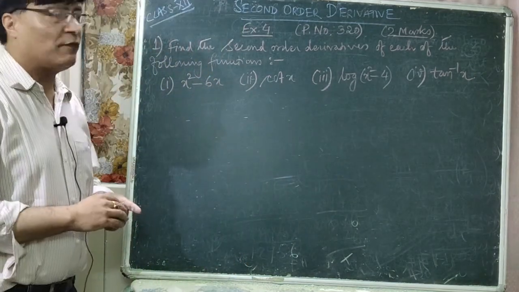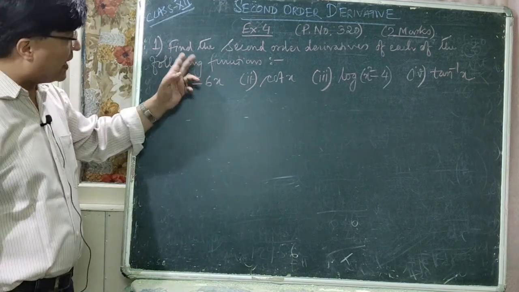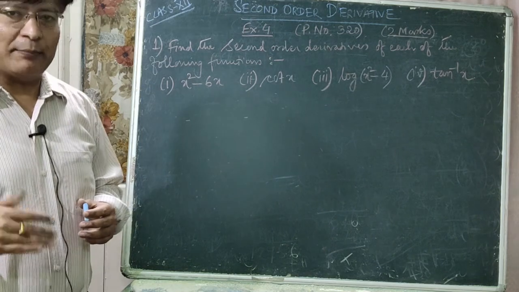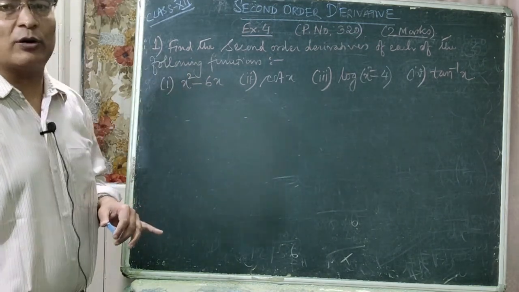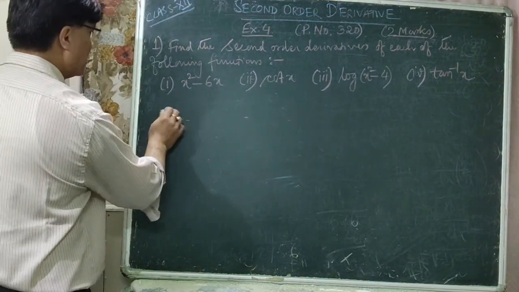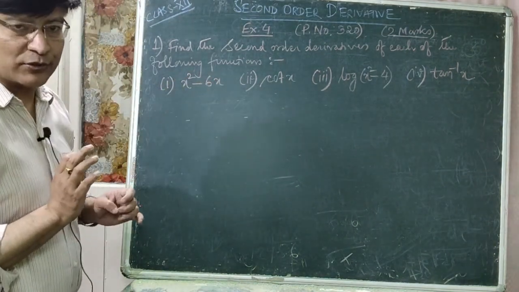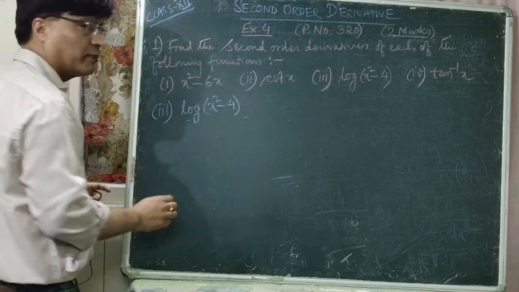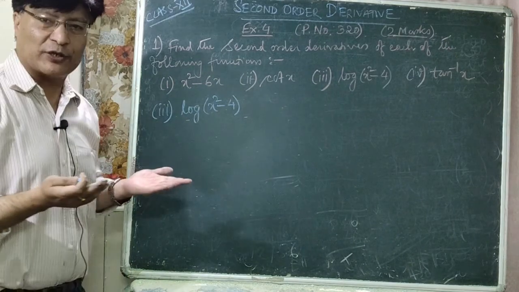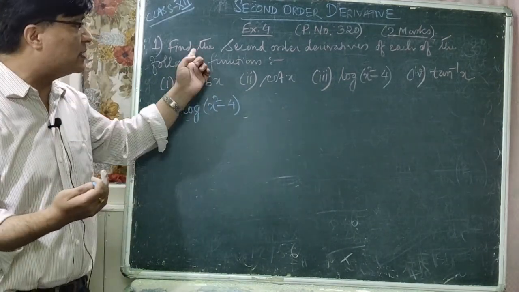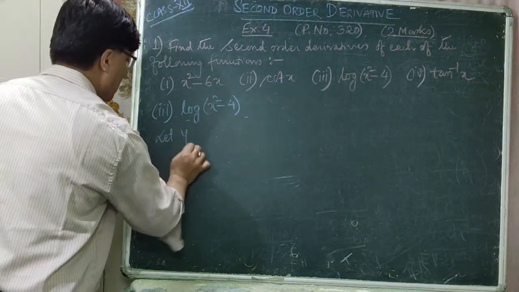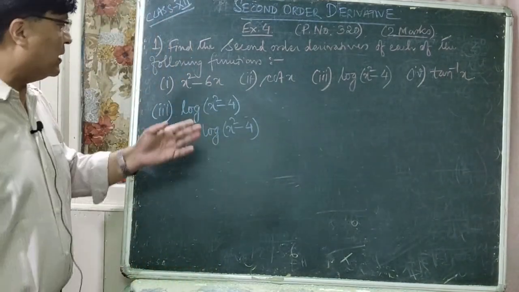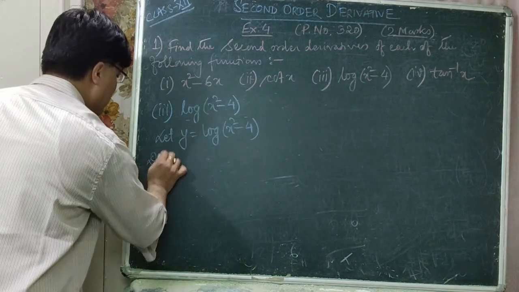त अब हामी यो क्वेशन गर्न लागिरहेछौं दैट इज क्वेशन नम्बर 1 इज फाइन्ड द सेकेन्ड अर्डर डेरिभेटिभ्स अफ इच अफ द फलोइङ फंक्शन्स त यहाँ भनिँदैछ सेकेन्ड अर्डर डेरिभेटिभ हामीले के निकाल्नुपर्छ सेकेन्ड अर्डर डेरिभेटिभ एकैचोटी निस्किँदैन है पहिला हामी फर्स्ट अर्डर डेरिभेटिभ निकाल्छौं त्यसपछि मात्र सेकेन्ड अर्डर डेरिभेटिभ निकाल्छौं ठीक छ सो क्वेशन नम्बर 1 र 2 चाहिँ तिमीले घरमा गर्नु ठीक छ म 3 र 4 देखाउँदै छु सो क्वेशन नम्बर 3 मा के छ व्हाट इज क्वेशन नम्बर 3 हियर log of x square minus 4 पहिला हामी यसलाई y सपोज गरौँ y सपोज गरे चाहिँ डिफरेन्सिएसन गर्नु सजिलो dy by dx निस्किन्छ त्यसले फेरि त्यसलाई डिफरेन्सिएट गर्दा के निस्किन्छ सेकेन्ड अर्डर डेरिभेटिभ ओके सो लेट y is equal to log of x square minus 4 since we have done first order derivative so you can easily differentiate this function right so differentiating both the sides with respect to x